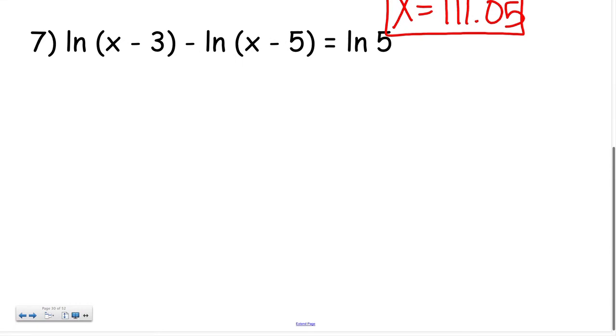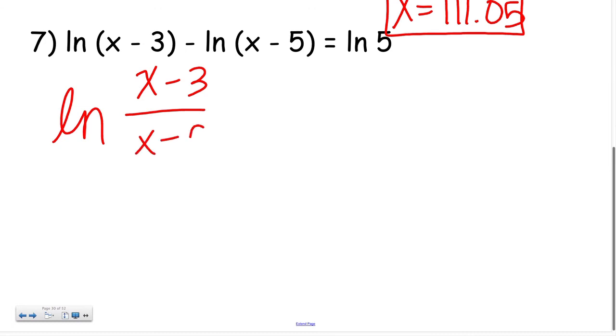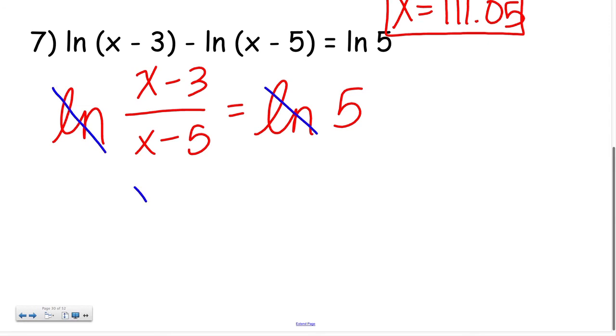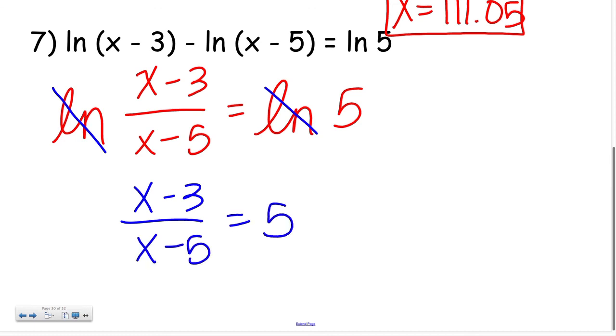All right, I'm going to rewrite it. Make sure you condense it first before you go back and cancel out all those natural logs. I'm hoping some of you are looking at the original problem and seeing all the natural logs on both sides of the equal sign. Condense it first, then you can cancel them out. So, once I condense, I see natural log on both sides, I'm going to cancel. So I'm going to get this denominator